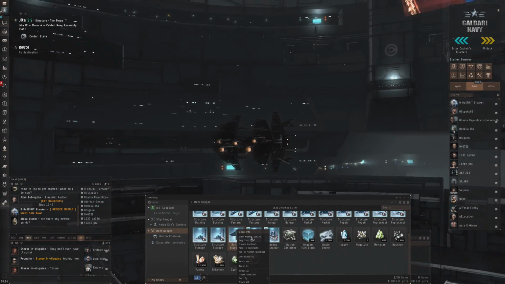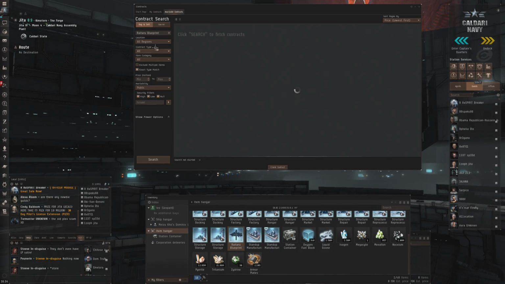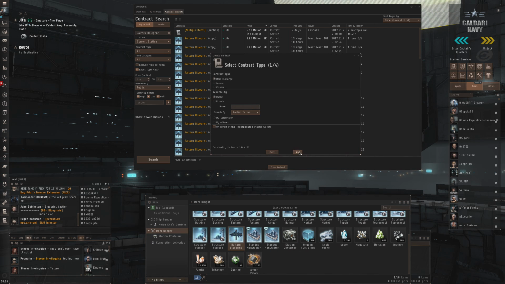And what do I check? I check the Raitaru situation. So we'll just press find in contracts. I'm going for within this station, do a quick search, and you can see that they start at 9.8 million. For this one, I match the lowest price. So I just create a contract. Next,